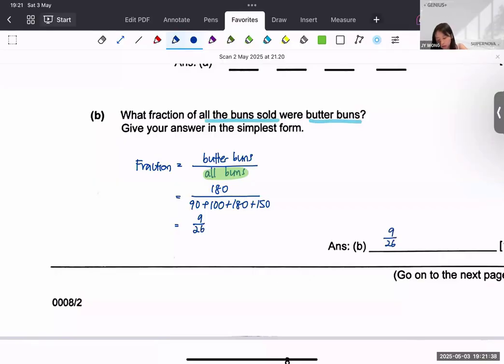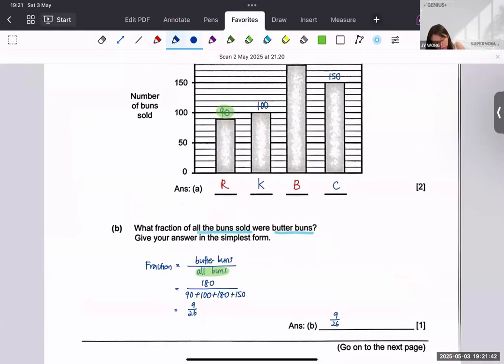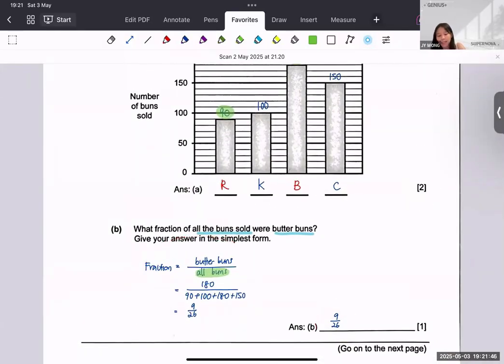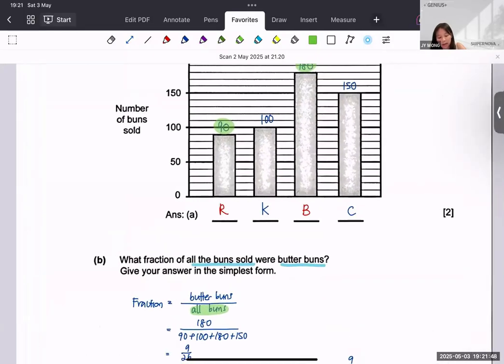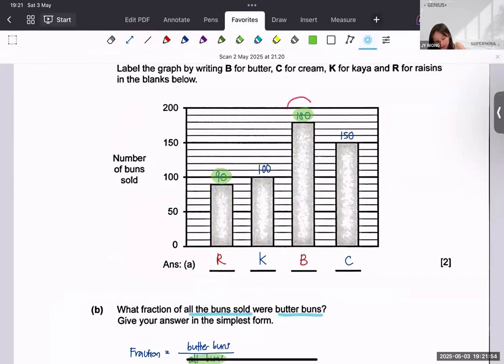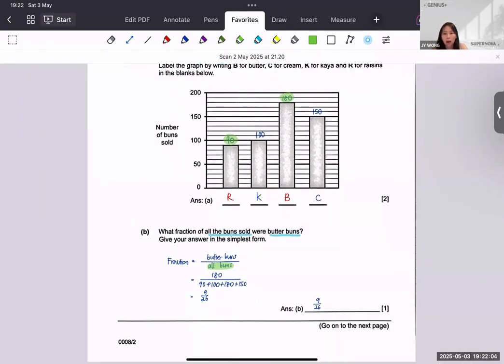Good. So if you did not get the 2 marks here, at least you should still get this 1 mark because it's not really related. Unless you chose the wrong butter buns. If you have chosen 180, then it will never go wrong. But if you chose the wrong one, then of course, both marks, 2 marks and 1 mark, will be gone. Okay, now next,